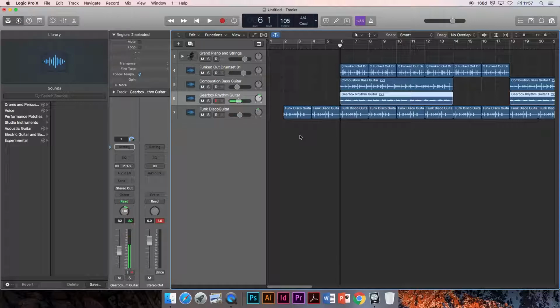So, if I hit play, I've got my levels a bit better. I'm probably just going to crank those down a bit. Got my levels a bit better and also got the panning. Now there's another way that you can have a look at this, and this is going to the mixer section